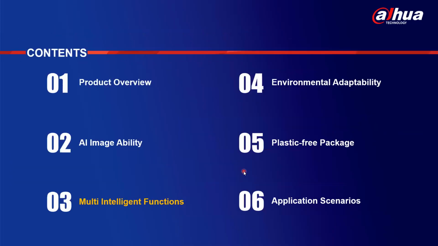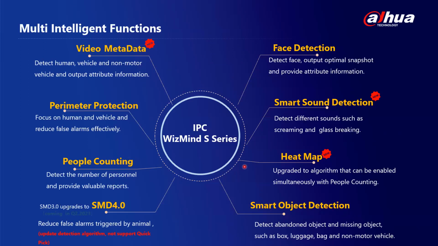So let's take a look at the third part, that is talking more of the built-in multi-intelligent functions of the WizMind S product series. So in this case, we have multiple intelligent functions, and some of these functions are quite similar to some of the other products, but these are basically AI-enabled functions. So we have the video metadata. That's a new function in the IPC WizMind S series. So in this case, it detects human, vehicle, and motor vehicle, and outputs attribute information. So this output attribute information is basically going to be, let's say, 24 in nature,